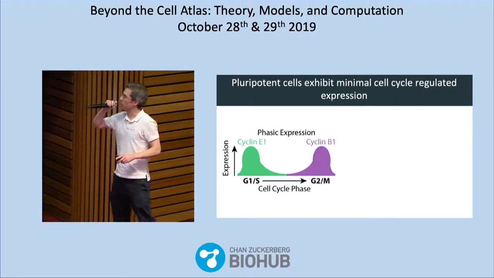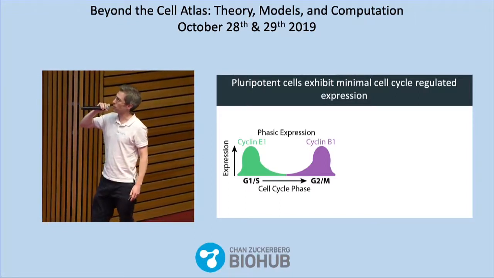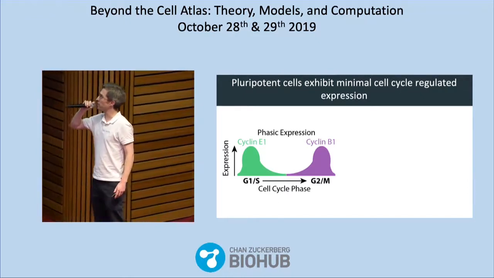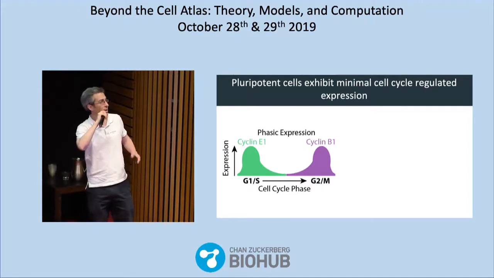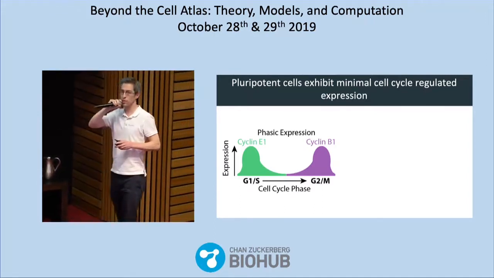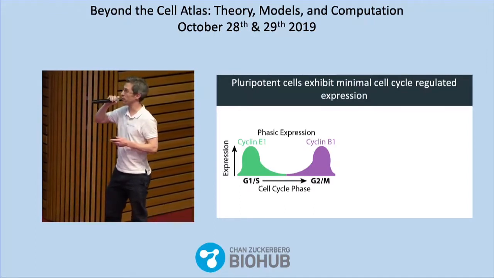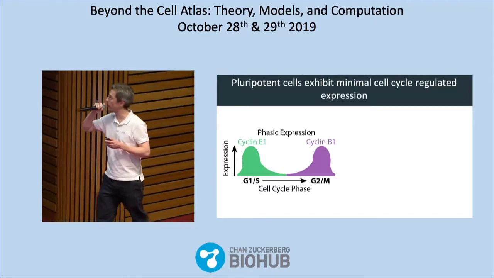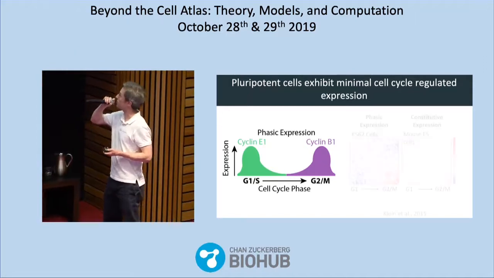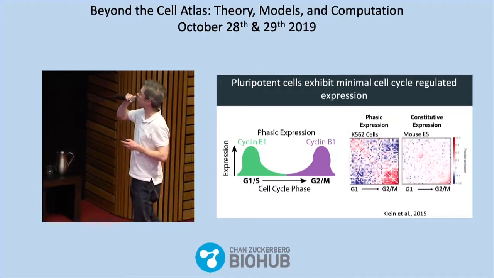I want to make a couple of related points. The first is that this is extremely prevalent in the genome. Depending on the cell type and the species, 2 to 20% of the entire genome is phasically expressed. The second point is that a lot of these genes are involved in progression through the cell cycle itself, but many others are involved in different processes, including our interest in differentiation. The last point I wanted to make is that this is not the case for all cell types.